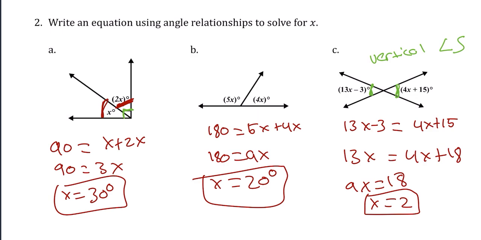One quick note is that I shouldn't have put the degree symbol on here or here for the answers to part A and B, because that degree symbol is kind of included after. So you could just say x equals 30, x equals 20, and